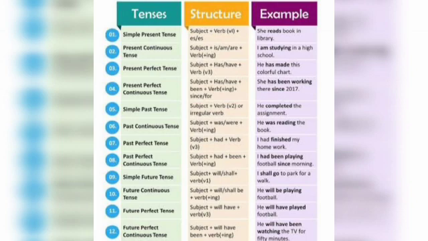The last type of tense is future perfect continuous tense. This tense is used to show that the activity will have begun sometime in the past or present and is expected to continue in the future. Its structure includes subject plus will have plus been plus verb first form plus ing plus object. For example, he will have been watching the TV for 50 minutes.